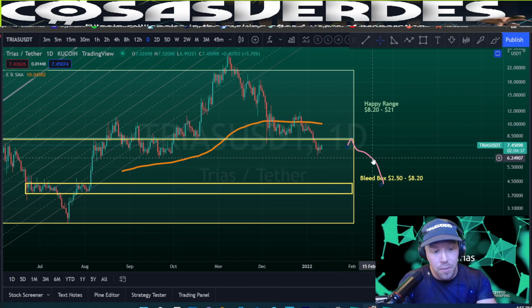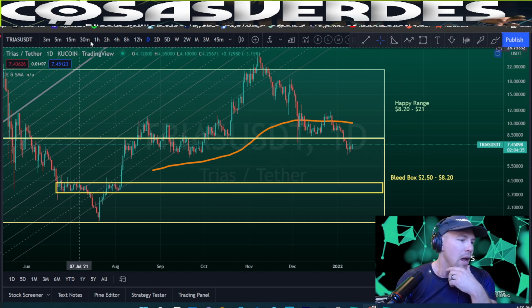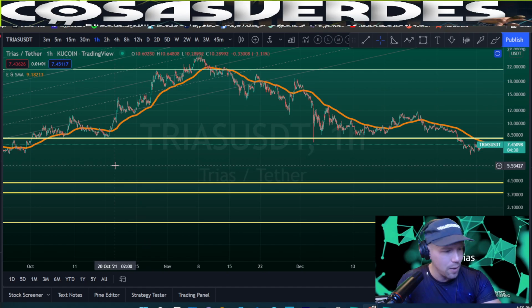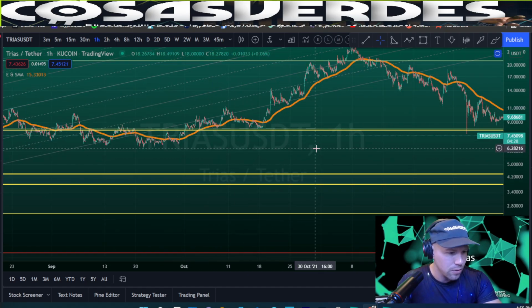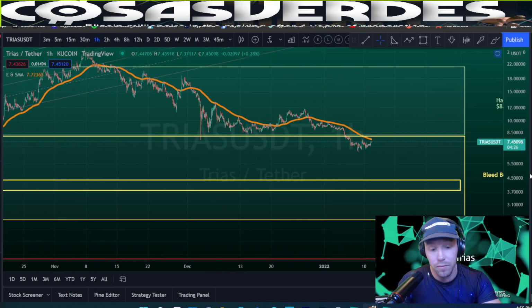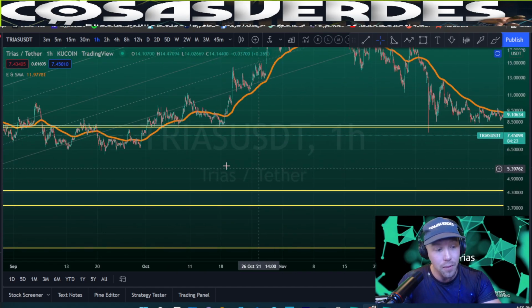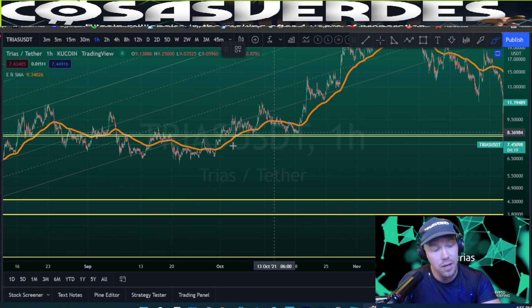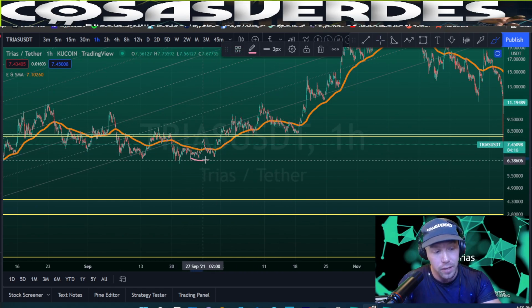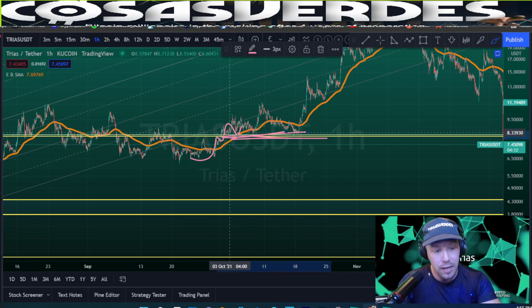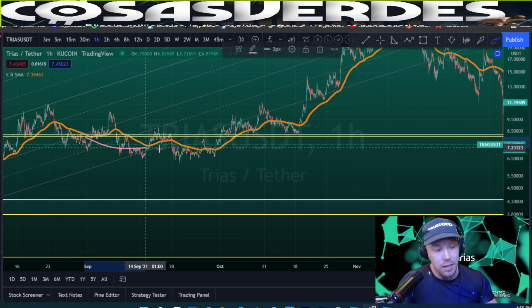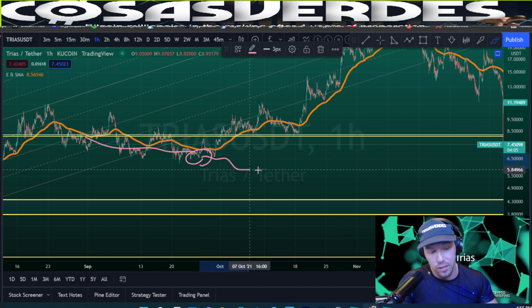Now, on a short-term time frame, if I were trying to trade this and accumulate with other people's money, and I'm telling you, the 1 hour 200 EMA just works a lot. So it looks like the right thing to do here. I would probably use the strategy. I wouldn't try to buy dips on this, or maybe even Multivac. I would wait until it got above, used it as support, maybe once or twice, and then I would look to be getting in and look for a rip up. But I wouldn't bet on a dip like right here. It looks like it just keeps going down, down, down.